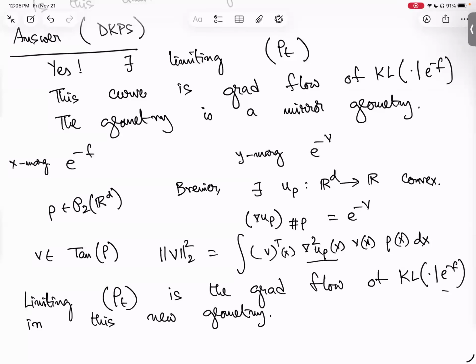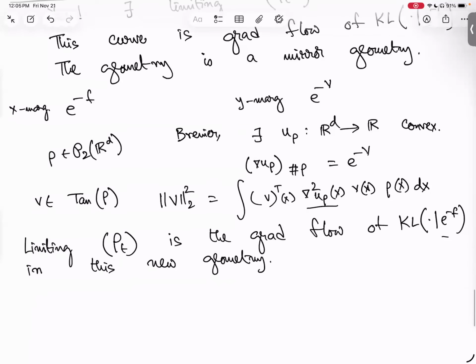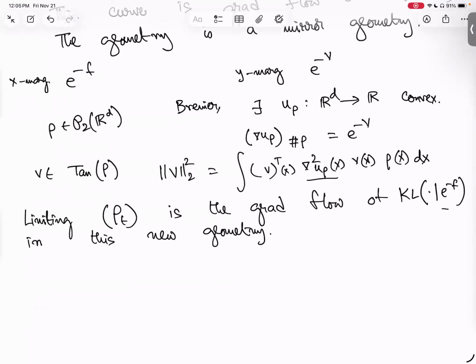There's another rather interesting connection to this. So this is one description of this limiting rho t. So this is description 1. And in our paper, we actually give 3 equivalent descriptions of this process. So this one is 1, which is a geometric description. There's a gradient flow of Kullback-Leibler in this new geometry. There's a description 2,